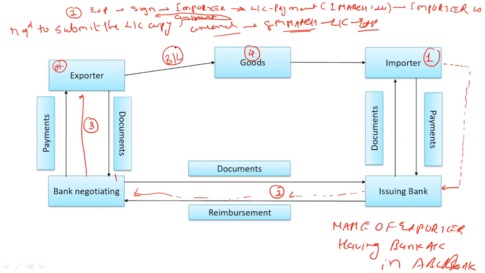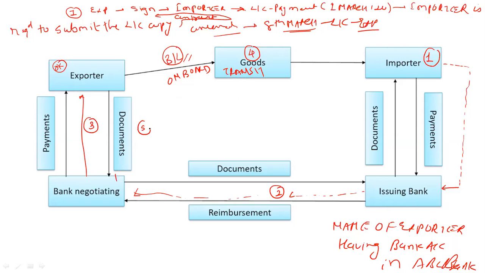Once he dispatches the goods, the last document that he receives is, say, the BL. This is in the list of documents mentioned in the letter of credit that you need to submit, the BL copy. So during this time the goods are already on board, or on transit. Once he completes the onboard formalities, he collects all the documents and submits them all.